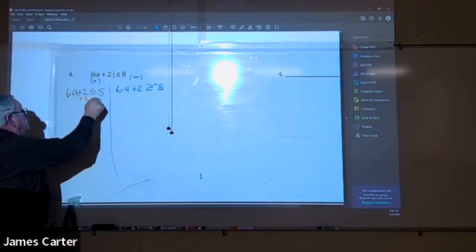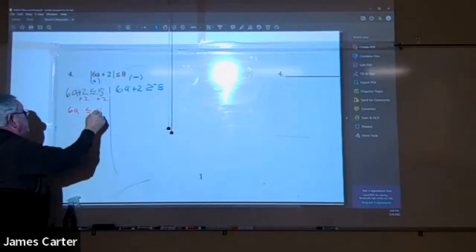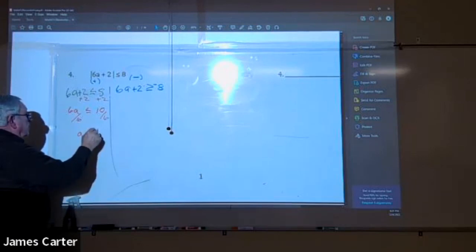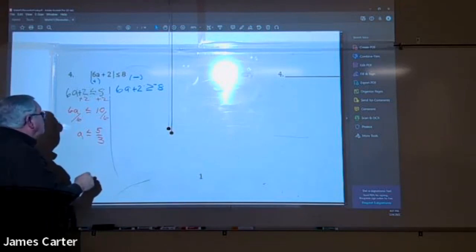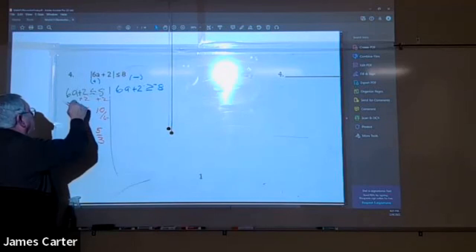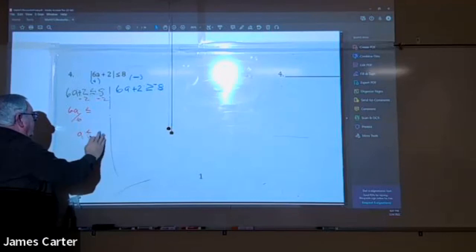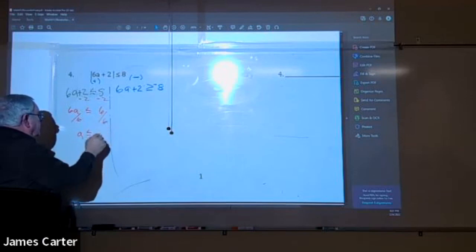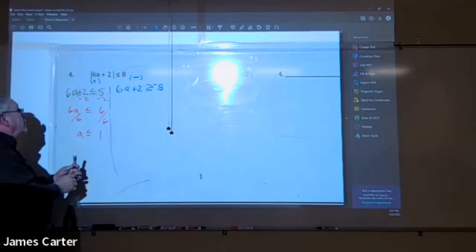Plus 2, 6a less than or equal to 10. Okay, divide by 6, divide by 6. A less than or equal to 5/3. Okay. You should have subtracted. We did it again, didn't I? Okay, well, let's make that a 6. Actually, it's going to make this a much nicer problem. Okay, over here,